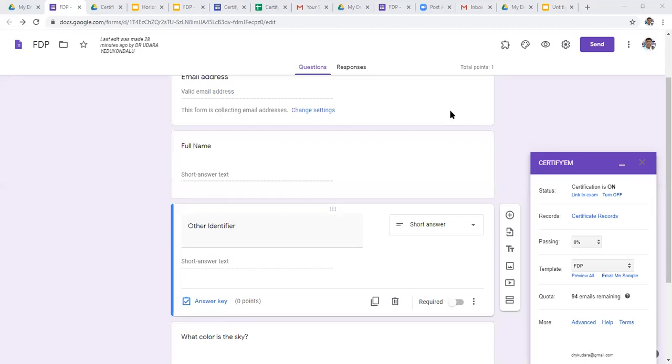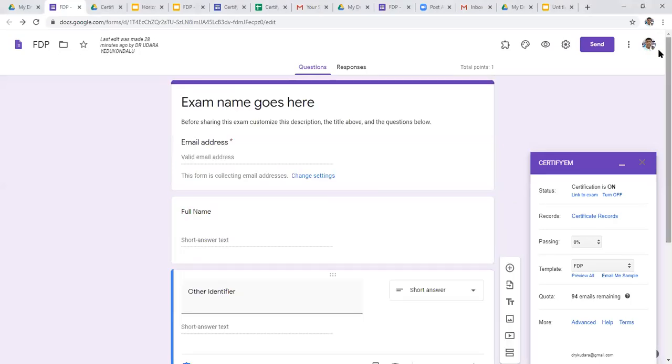Then coming to how to insert mathematical expressions or equations, especially for mathematics people or even the engineering stream, where some mathematical subjects are there. If you want to conduct a quiz on some mathematical subject, how to insert a mathematical equation is very important. For that, there is one tool, Codecogs.